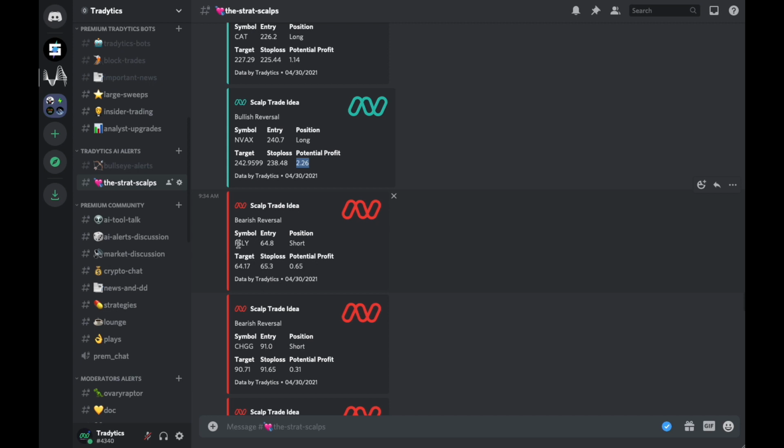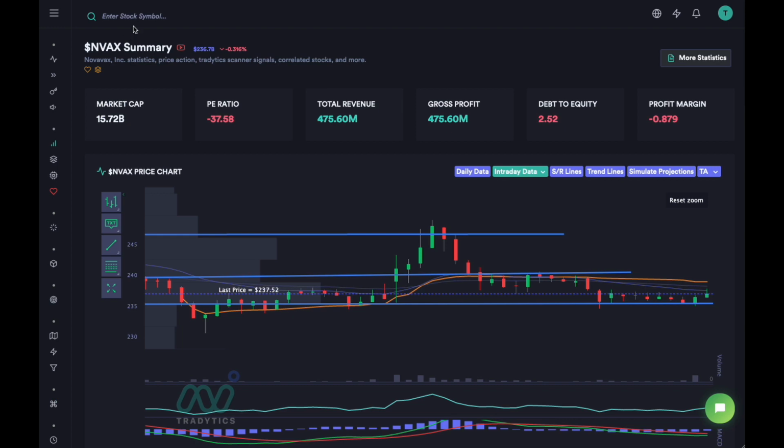So let's quickly go over some of the other ones. Another quick tip that I'd like to add here is, if the market is overall bearish, then usually bearish scalps are going to work well. If the market is overall bullish, then usually bullish scalps work well. But even if the market is bullish or bearish, on average both bullish and bearish scalps work really well. But just to filter down the list into, let's say, 3 or 4 scalps per day, so let's see, we have a bearish scalp firstly,